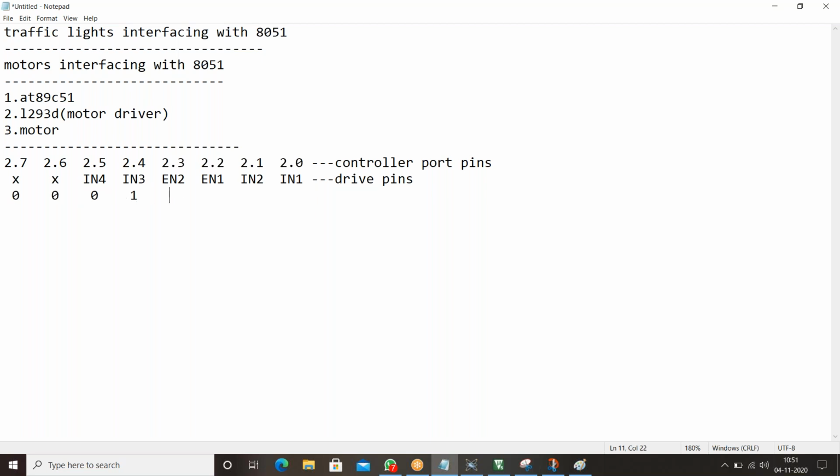Enable pin should be high, that's mandatory. Input 2 will become 0, input 1 will become high. So this is for two motors rotating in forward direction.